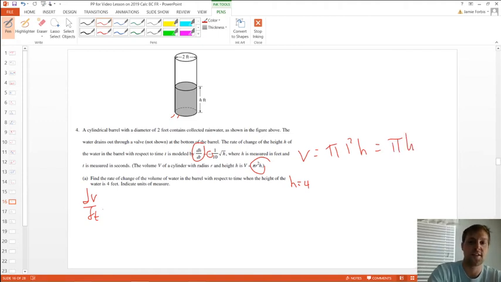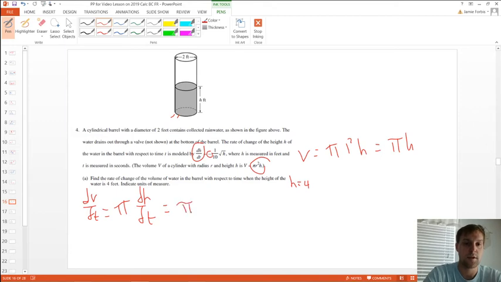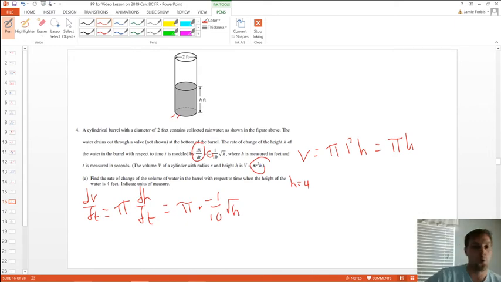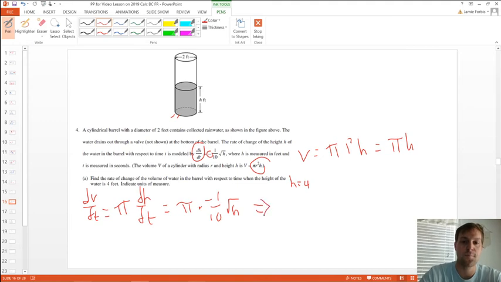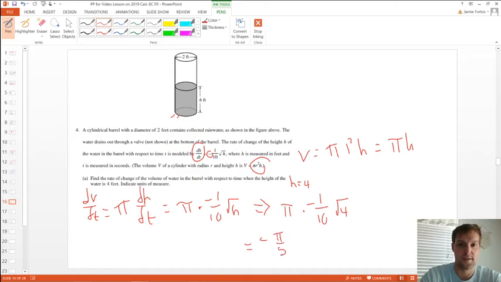So dV over dt is going to be the derivative of pi h, which is pi dh over dt, or pi times -1/10 square root of h. And it wants to know what the rate of change of the volume is when h equals 4. So if I plug 4 into that, I get pi times -1/10 square root of 4, which is equal to negative pi over 5. And we're talking about the volume changing, so this is going to be feet cubed per